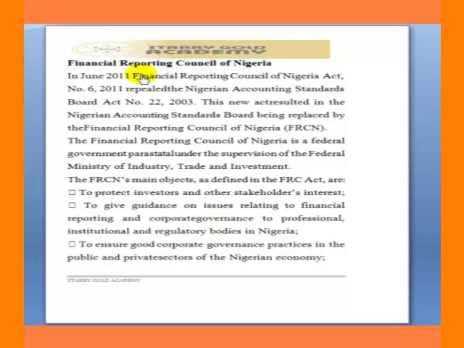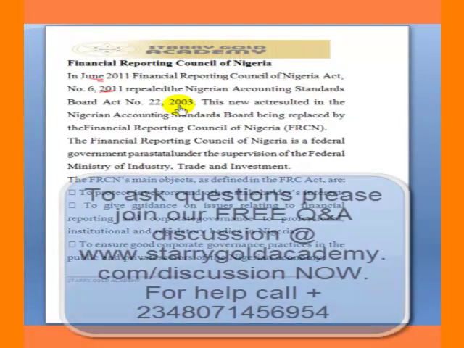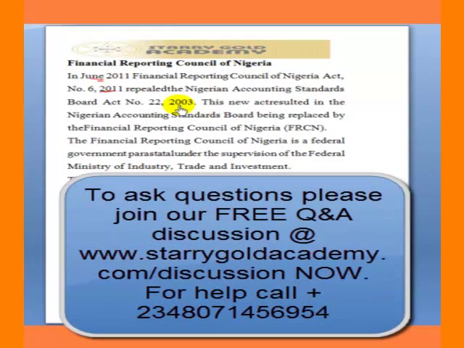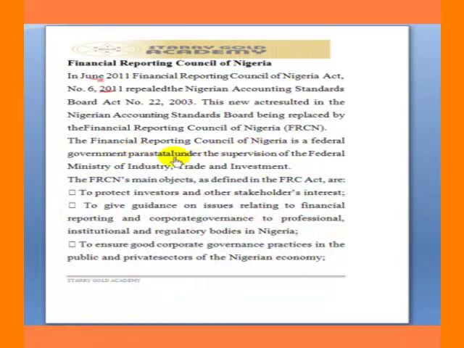Now, let's discuss this FRCN. FRCN, known as Financial Reporting Council of Nigeria, was established in 2011, that is in June, to replace the Nigerian Accounting Standard Board, that is our NASB. This FRCN was set up to replace NASB. So this resulted in the scrapping of all our statement of accounting standard, that is SAS. So what FRCN does is that they serve as a federal government parastatal, and they are supervised by the Federal Ministry of Industry, Trade and Investment. So this is the body that supervises the affairs of FRCN. That is, FRCN reports